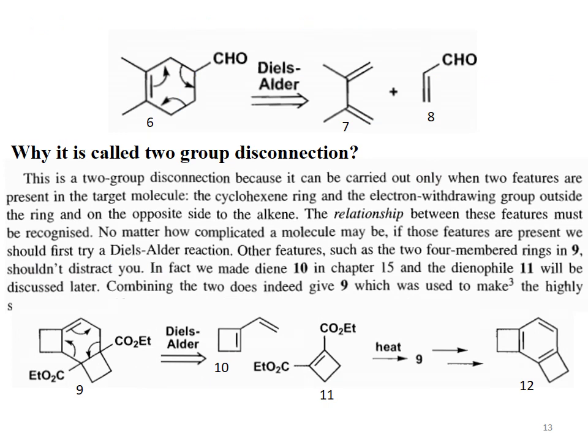See this one. This is a little bit complex Diels-Alder product. First we check whether this product fulfills the requirements of a Diels-Alder product or not. The first requirement, yes, this product has the 6-membered ring. Second requirement, it has the pi bond. Third requirement, the electron withdrawing group opposite to the pi bond. So this product can be disconnected by following the mechanism of the Diels-Alder reaction. So during disconnection, we have to draw the arrows either clockwise or anti-clockwise. The product is shown with 6.